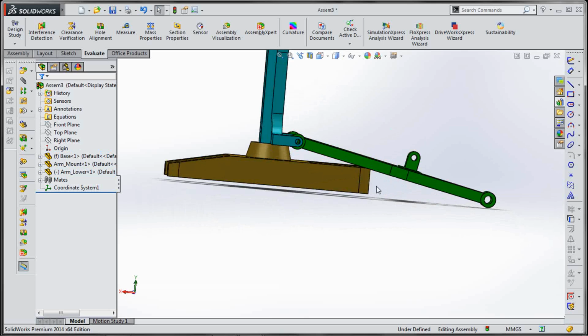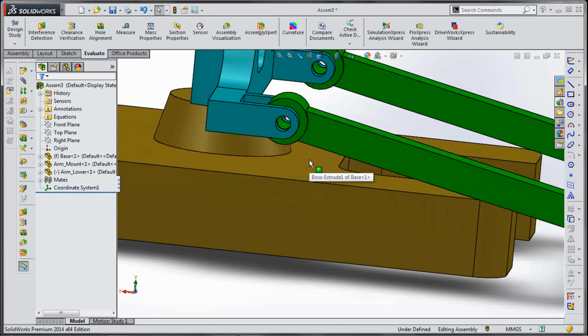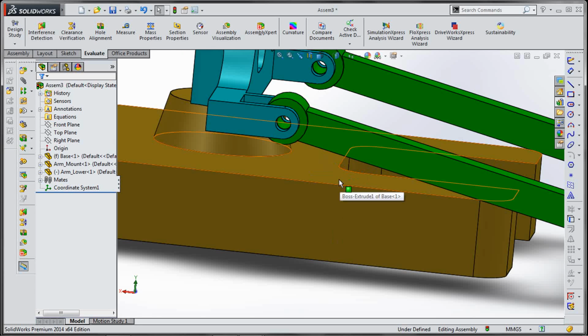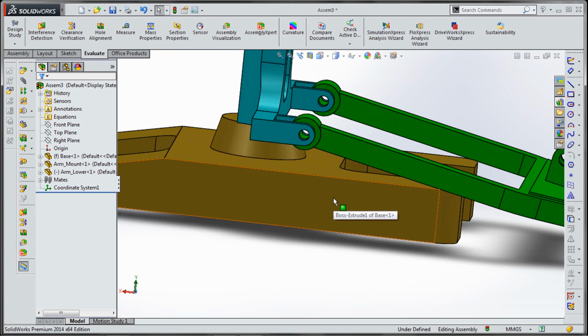Sometimes, in some cases, the measure tool can show a wrong angle, and you can see that obviously that's not the angle between two faces or edges or whatever you choose.